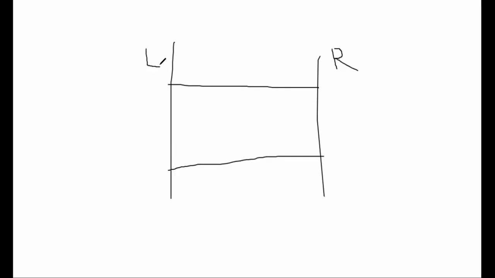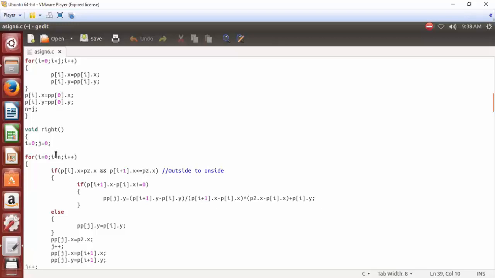Left clipper and right clipper are pretty much the same. In both cases you have to calculate only the y point of this intersection point. You know the x point here for p1, and here the x point will be for p2, right? This is your p2 point, this is your p1 point. So in both cases we have to calculate only the y section. The x value we know. So let's see the right clipper function.